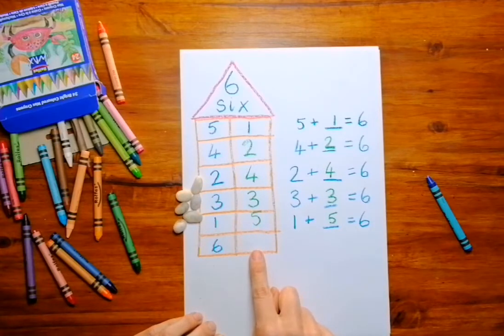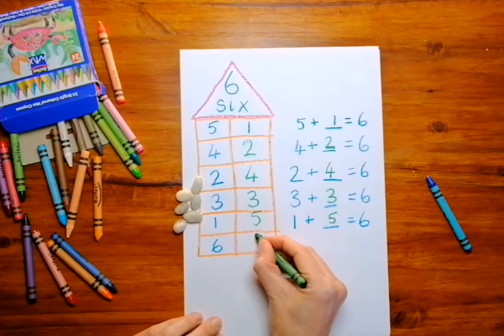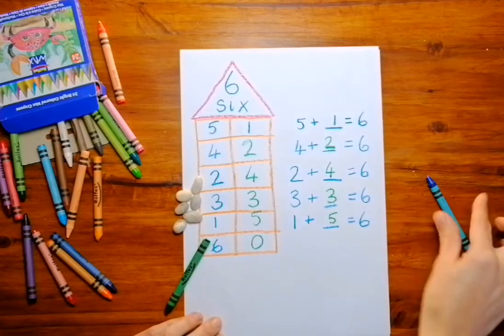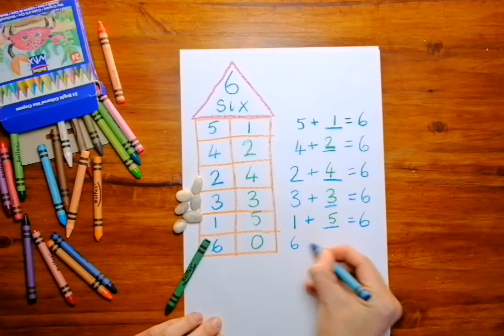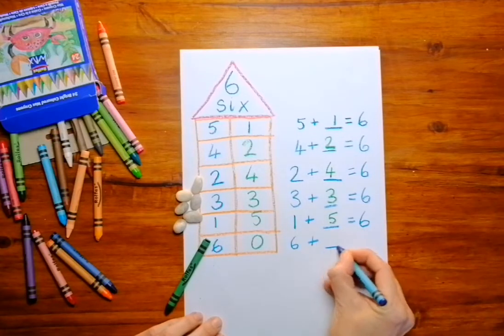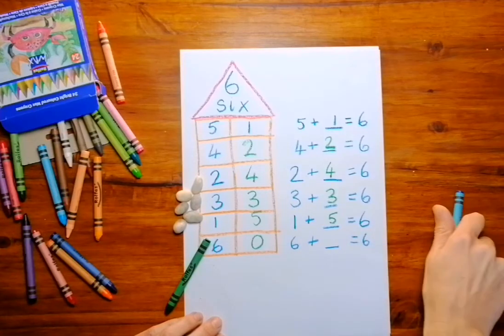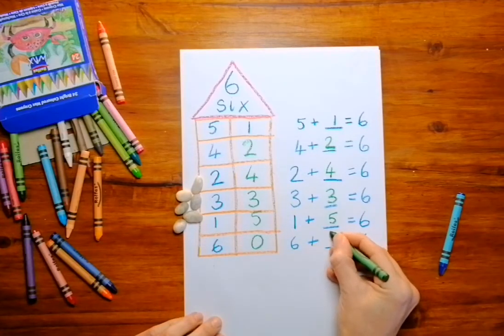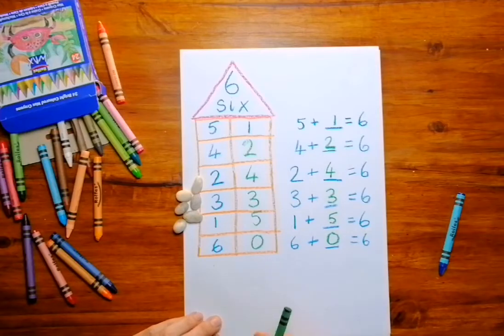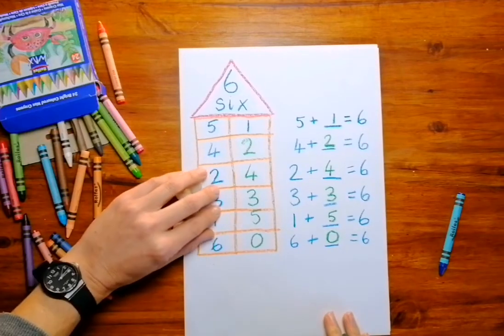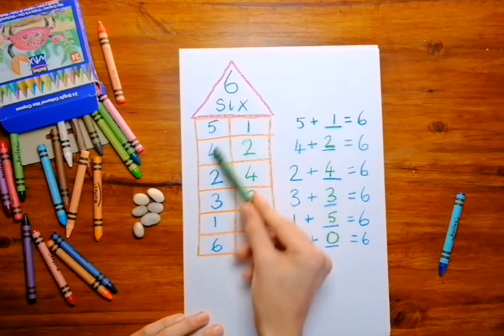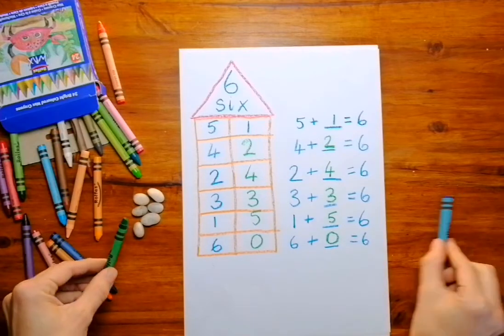Then if you have all 6 on this side, 1, 2, 3, 4, 5, 6, how many over here? 0. So we can write 6 plus how much equals 6? The answer is 0. When you've finished drawing your house and writing in all the numbers that make 6, then